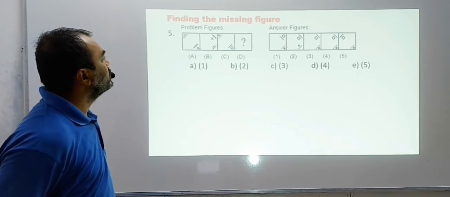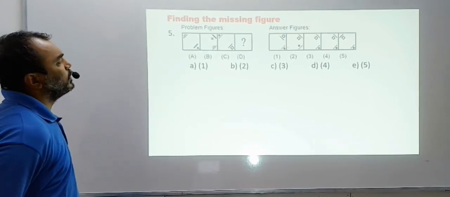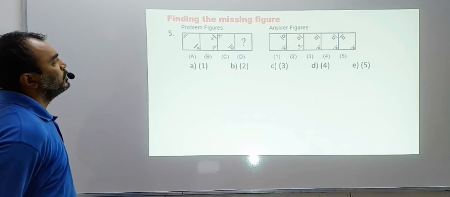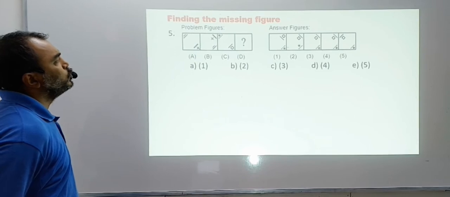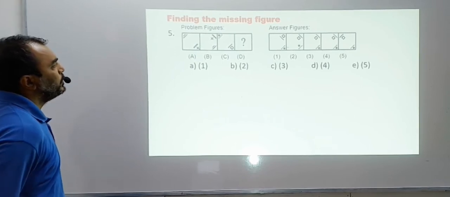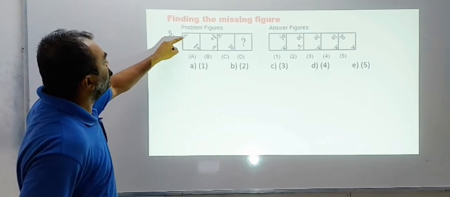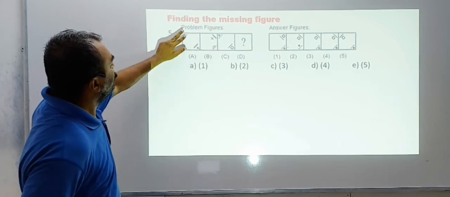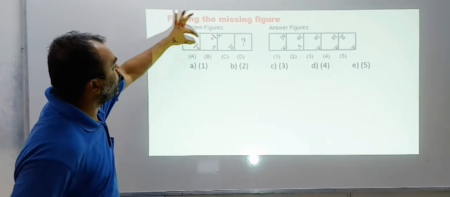So what have you noticed in this figure? See the movement, see the arrangement. This is a very complex one, not a complex one actually, but see the arrangement. Just study figure A and B, the pattern. So let us discuss what has happened here. This figure here has jumped down to the diagonal. And there is no alteration. Whatever the figure was here has just jumped down diagonal.